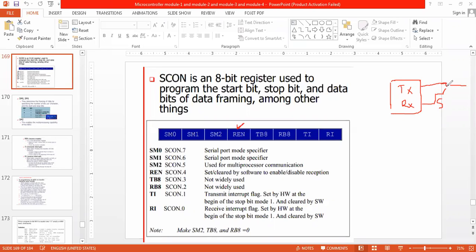Transmitter is always enabled. So when I enable the receiver, the connectivity will cut to the transmitter.